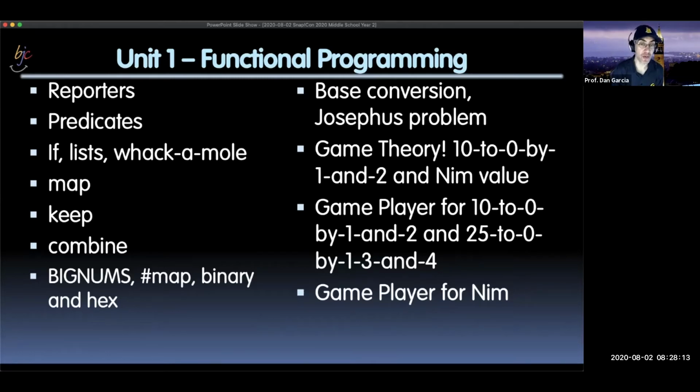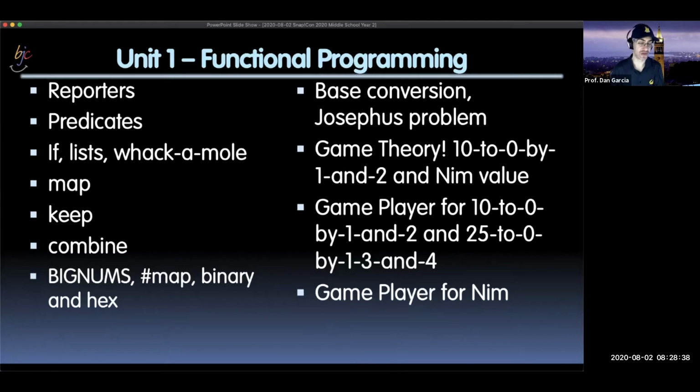And then I made a new sprite in which you can play the game 25 to 0 by 1, 3, and 4, which is another delightful game. In fact, there's a TED video on this where you have 25 matchsticks, but you can remove 1, 3, or 4. How do you play that one perfectly? They learned how to play that one perfectly, and also how to encode the game and how to have this perfect player. And then they finally made NIM. NIM is a really fun game to solve, and it's more general than those 2, and they were able to make that game solver. So that closed out the unit.